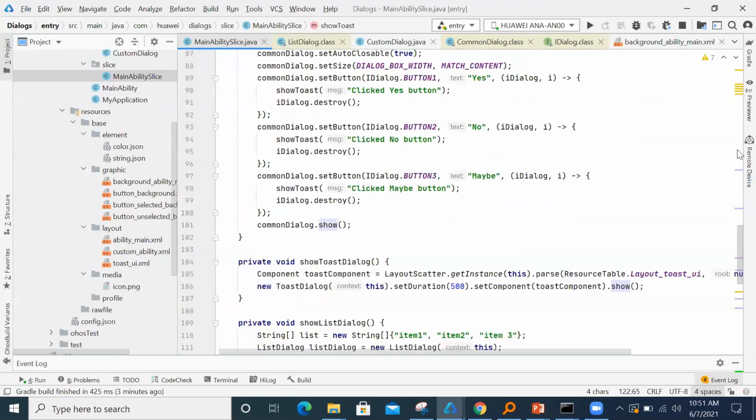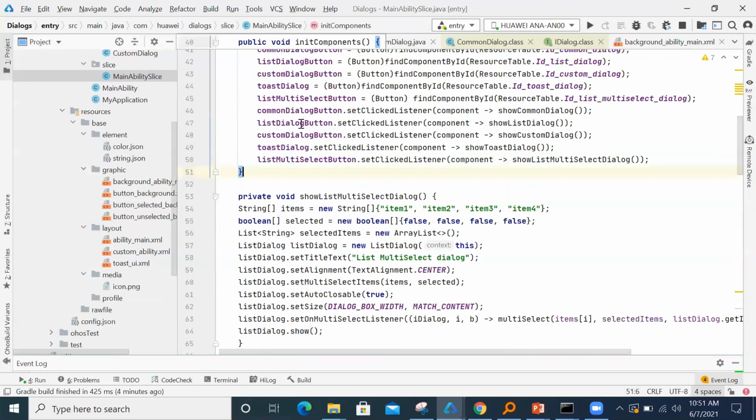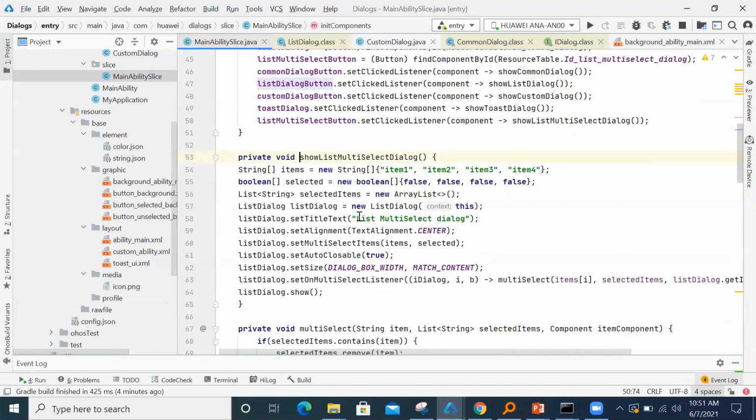And in case of the multi-select one, I have created a list of items, and I've also created a Boolean array. Initially it will be false, none of the items will be selected. Then in set multi-select items, I'm giving this list of items as well as this empty Boolean array showing the selected items.